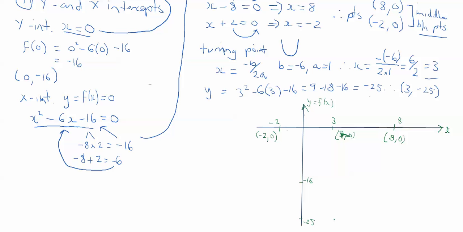Our middle point, or our turning point I should say, is at (3, negative 25). And here is our y-intercept at (0, negative 16). So now we're able to sketch our graph, and it's possible turning there, through the